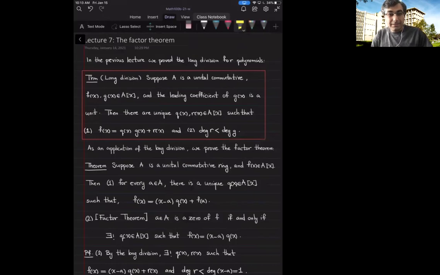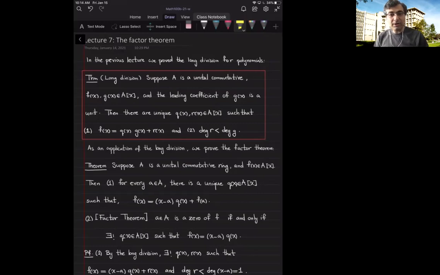Hello. In the previous lecture, we proved long division for polynomials. Let me quickly recall what the statement was. Suppose A is an arbitrary unital commutative ring, and I give you two polynomials, f and g, and we assume that the leading coefficient of g is actually a unit inside this ring A. Now, in that case, we can run the long division algorithm, get a quotient q and